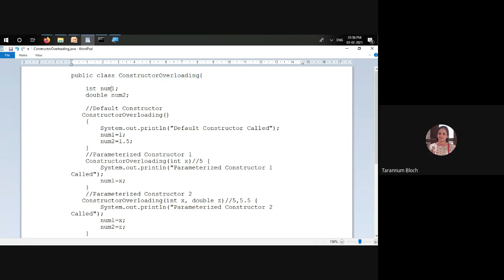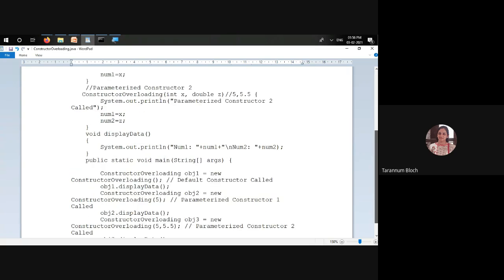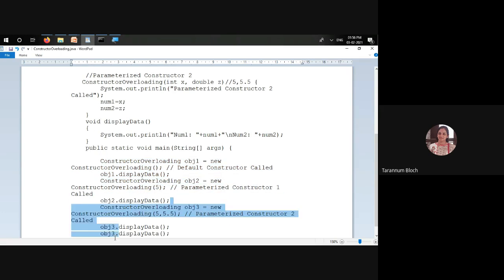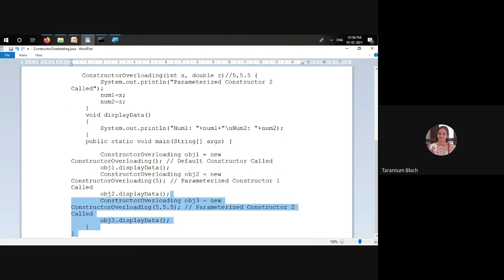Consider num1 as roll number and num2 as mobile number. So student 1 will have a different roll number, student 2 will have a different roll number, and student 3 will have a different roll number and mobile number. Suppose student 2 is not having a mobile number, but is having the roll number. Are you getting the point?